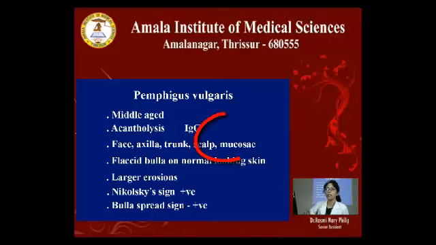It occurs equally in both males and females and is most commonly seen between the age group of 40 to 60. In pemphigus, antibodies are produced against desmosomes, which are cell adhesion molecules which attach one cell to the other. These antibodies are usually IgG. These antibodies cause destruction of these desmosomes, as a result of which the cells move apart, they become rounded, and this process is called acantholysis,